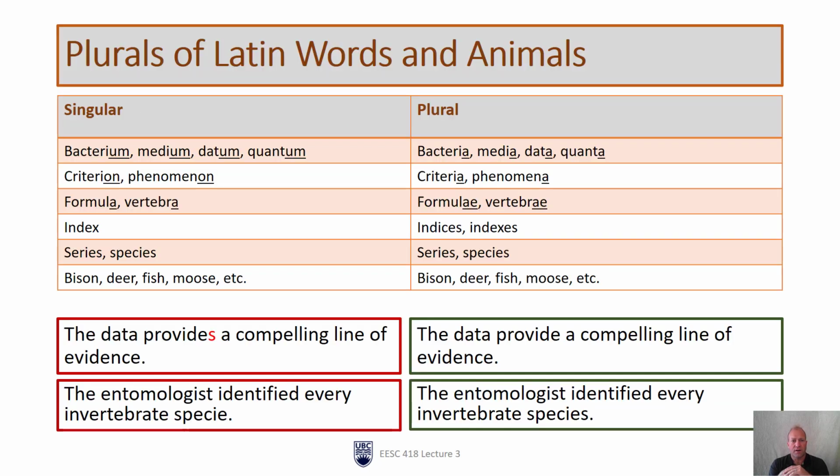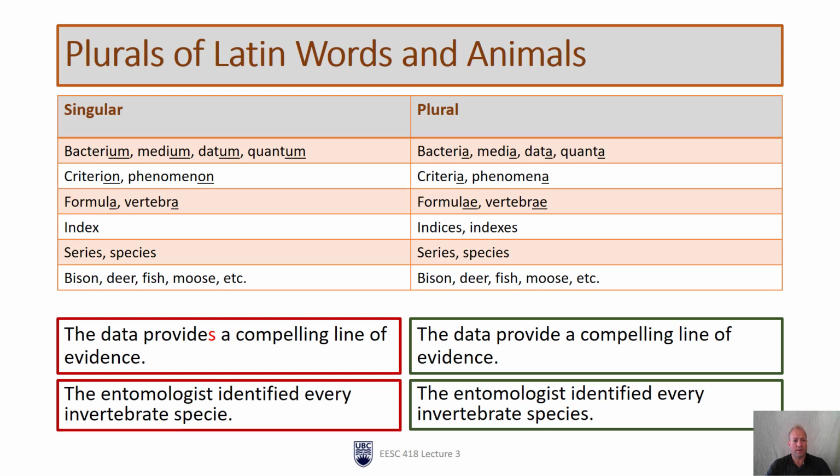We only have 4 things to talk about in this deck, so we're going to start with the plurals of Latin words and animal names. These are kind of weird if you're used to the way we normally pluralize words in English, which is generally just add an S or an ES. The reason is because these are Latin words which we use as the same word in English, and therefore we use the same Latin plural word. And you might be used to seeing this word one way or the other.